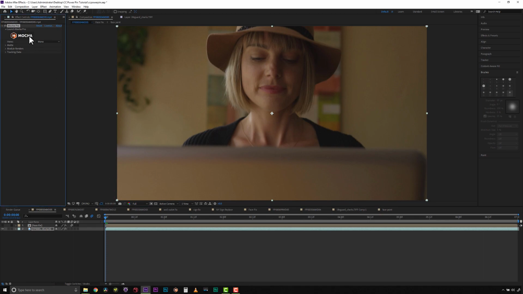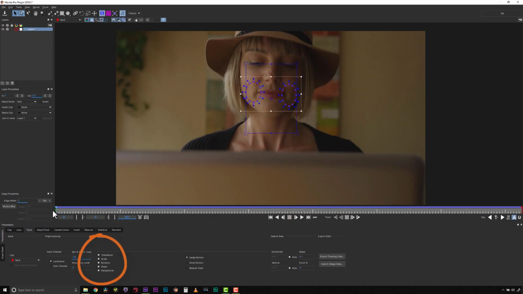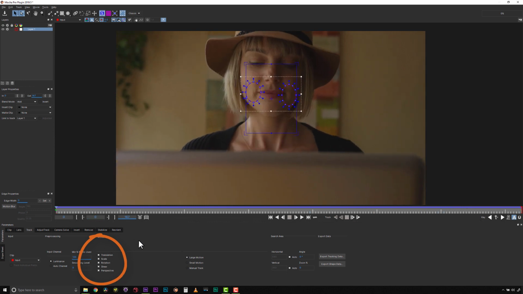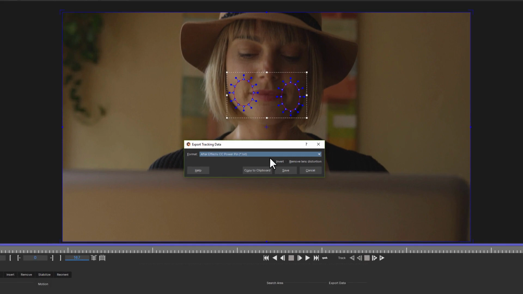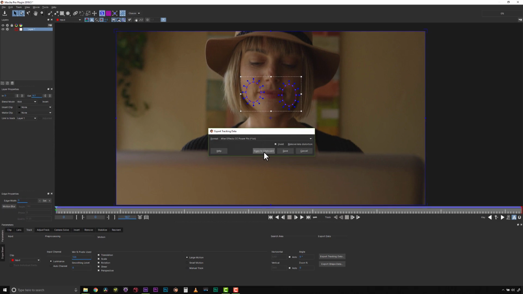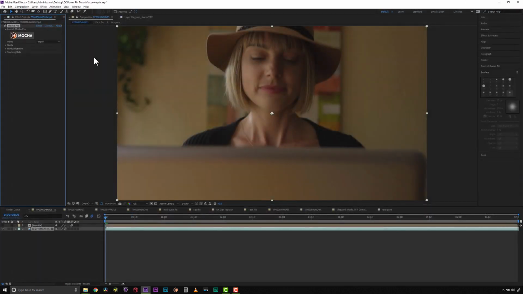For beauty work, as previously mentioned, I make sure my track is completed using translation, scale, rotation, shear, and perspective in most cases where perspective motion is present. Then, I use the Align Surface tool on the frame that is most parallel to camera so that I have the best angle to paint on. Next, I simply go to my Tracking tab and select the Export Tracking Data option. Select the Invert Tracking Data option and choose my AE CC PowerPin option from the drop-down menu. I select the Copy option, and this will allow me to copy and paste the data directly into AE from Mocha Pro. I'll then save and close Mocha.